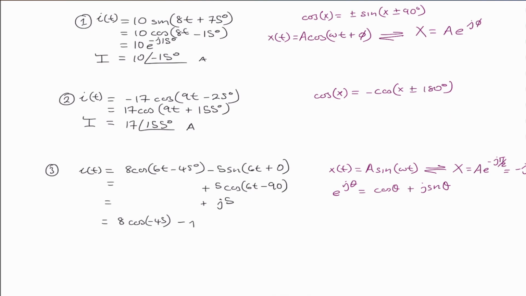So that's a negative j sine of minus 45 plus j of 5. And we're going to keep our 8. We can factor out the j's. And by doing so, we get, let's just do that. So 5 of minus 45, minus, cosine is even. So if we invert